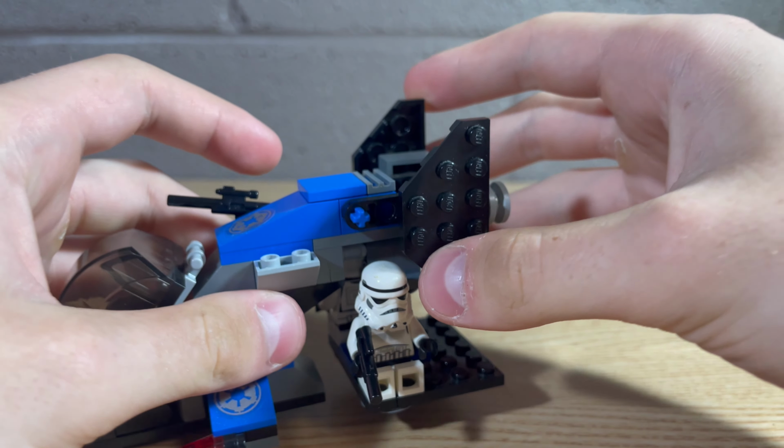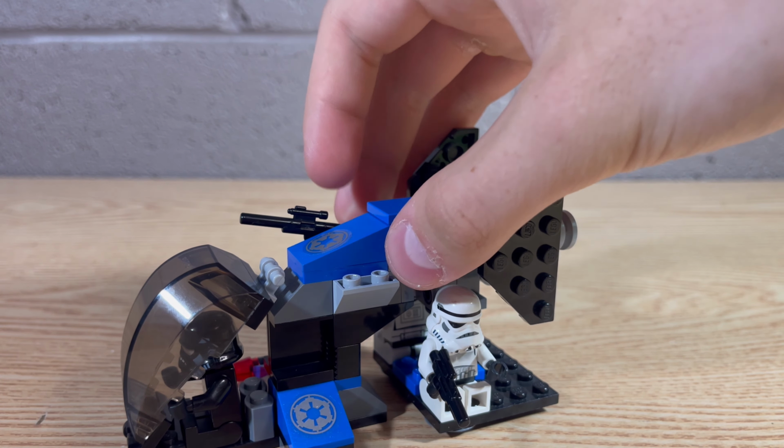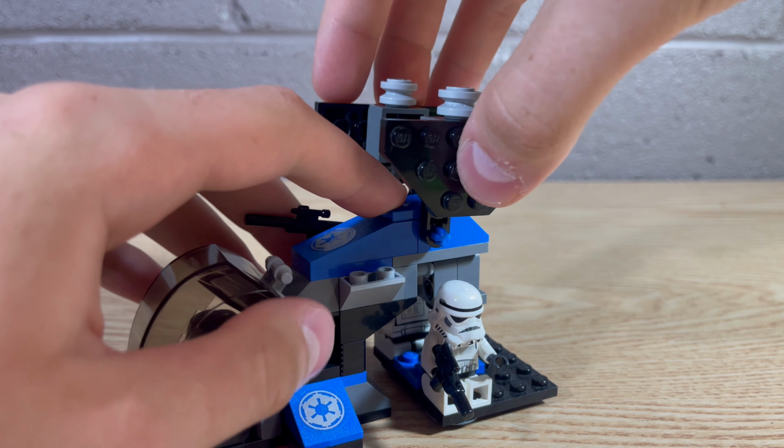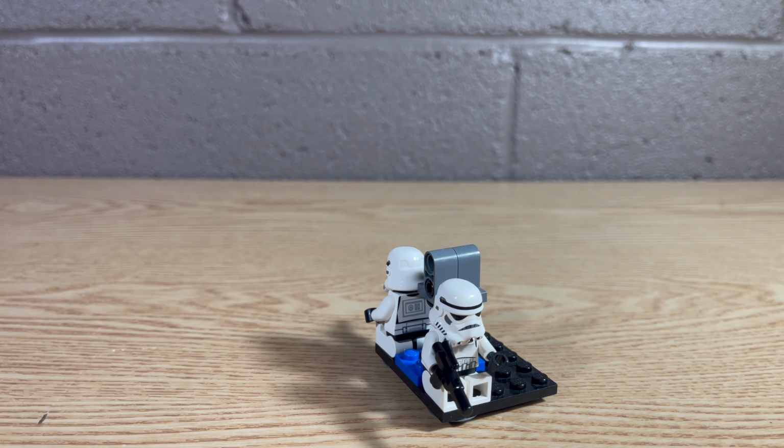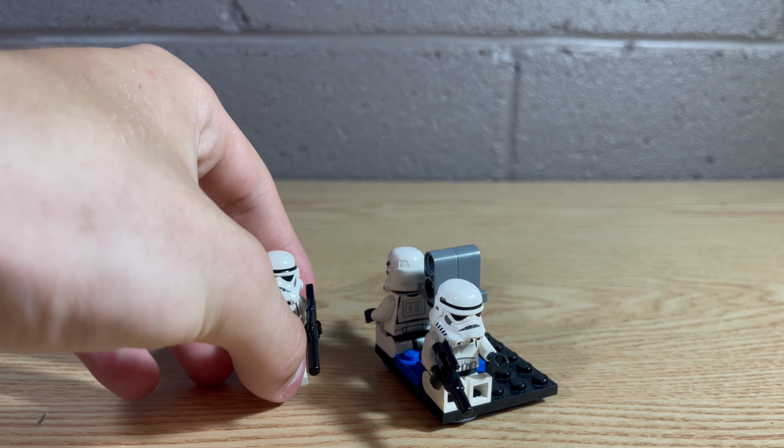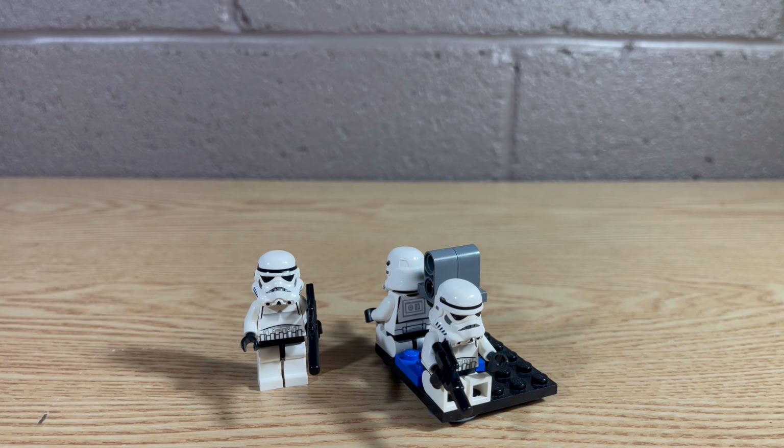And this feature actually is pretty nice. This is definitely one of the best play features I've seen in a LEGO Star Wars Battle Pack. Basically you can just swoop it down and lift this piece up and drop the platform off and then fly the ship away, and I'm sure for kids back in 2008 this was definitely a great feature to play with. And then obviously you have your 3rd Stormtrooper that couldn't fit on the ship,